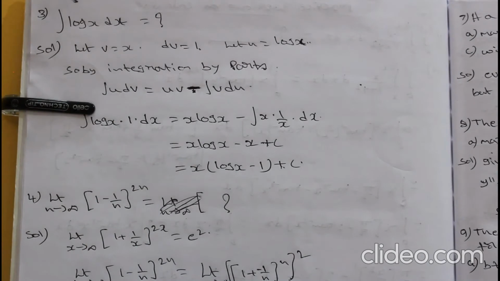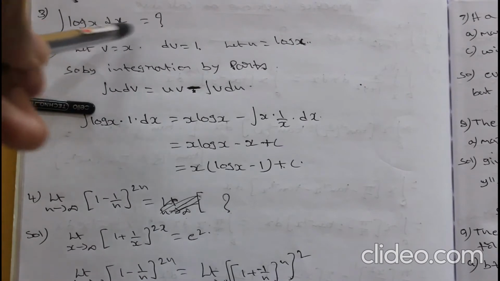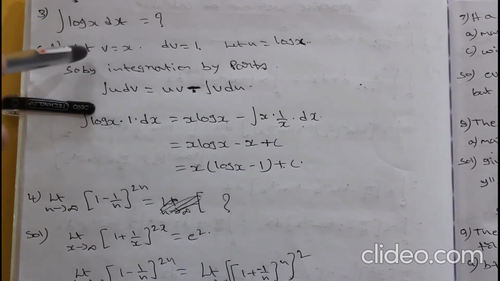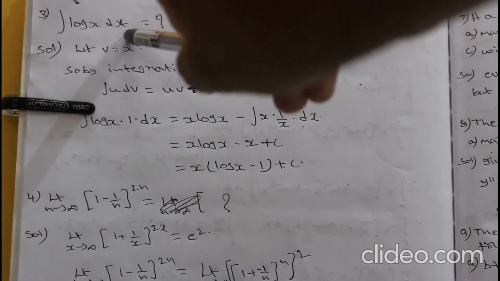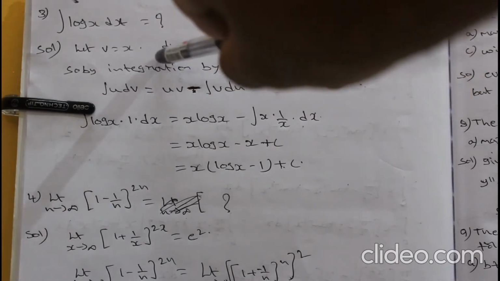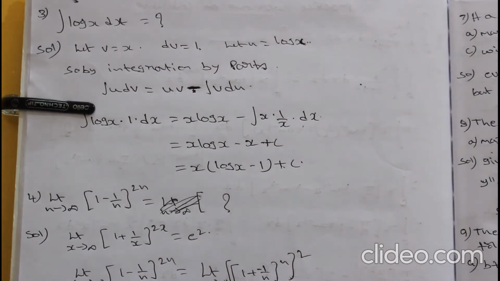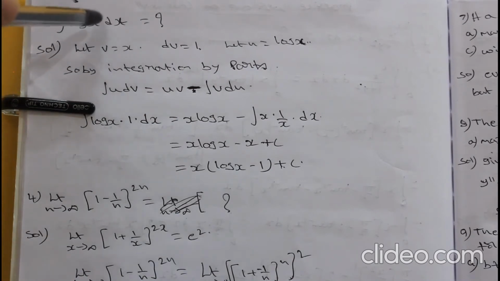Integral of log x dx. For integral of log x, there is no direct formula I have given here. See the solution of how to find it. As I said, here we only have to integrate log x. So we can integrate this using integration by parts by taking log x into 1 dx. So dv is equal to 1, and after integrating both sides, v is equal to x. Let's take u as log x. Then d by dx of x is nothing but 1. So it is in the form of u dv.